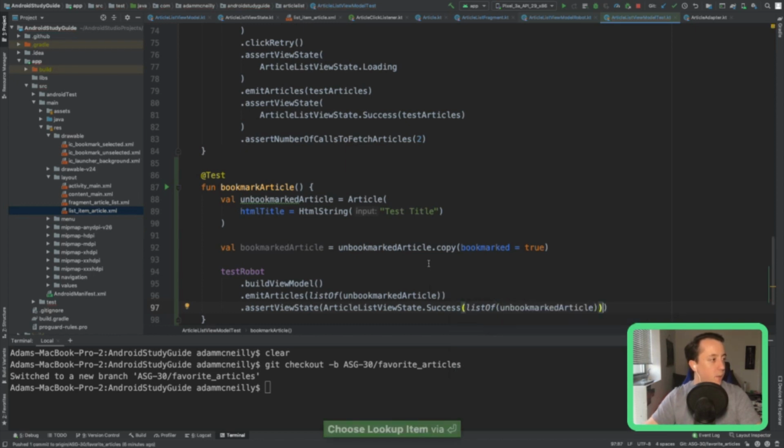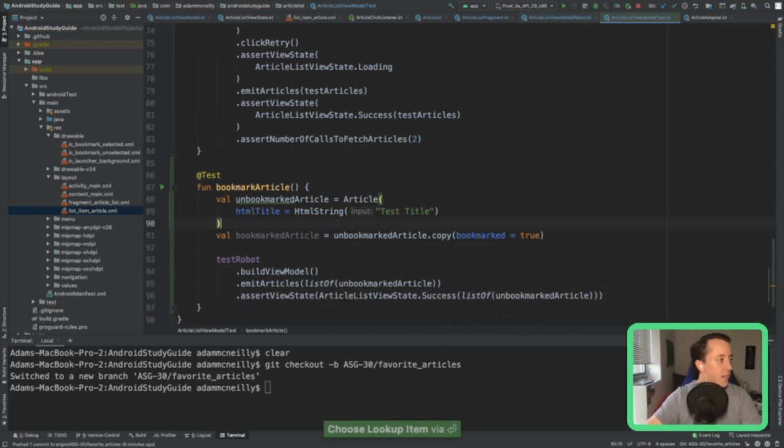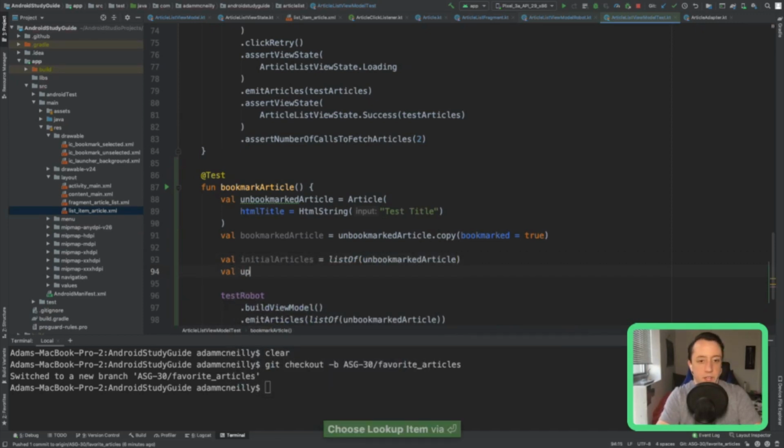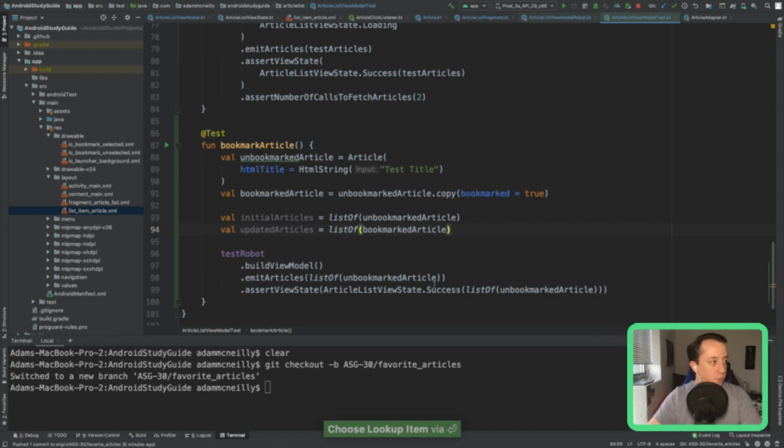This is not readable. Let me split this up real quick. Initial articles will be list of unbookmarked article, and then we will say updated articles equals list of bookmarked article. So now our test will be a little more readable.